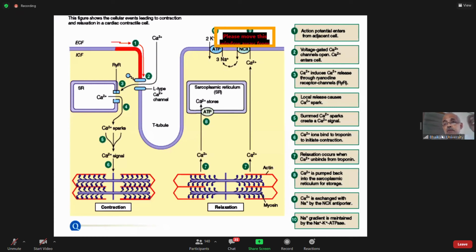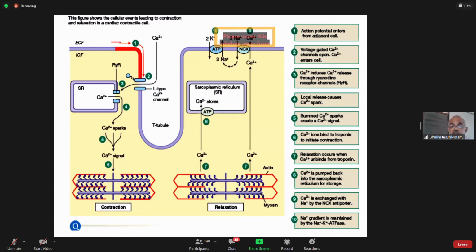The action potential which has arrived at the point 2 at the L-type calcium channels will activate the L-type calcium channel, which will induce influx of calcium ions. The calcium ions will activate the ryanodine receptor channels, causing release of more calcium ions from the sarcoplasmic reticulum. The calcium released will bind to troponin C and induce the cross-bridge cycle, and contraction will take place.